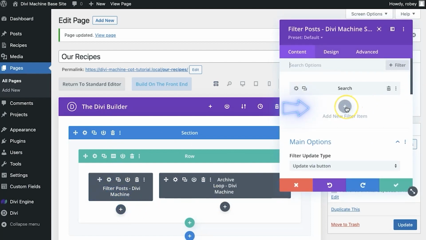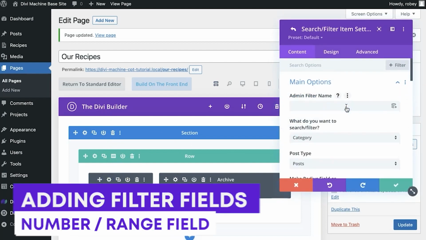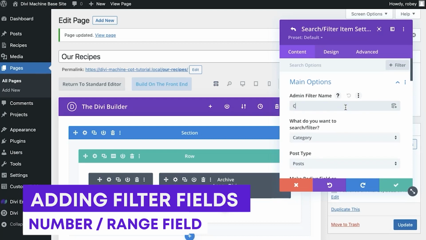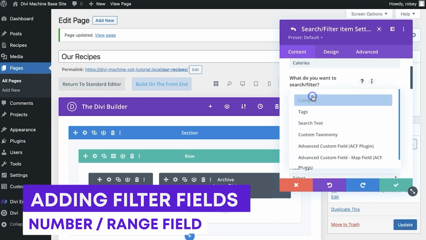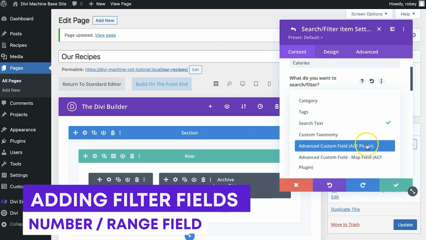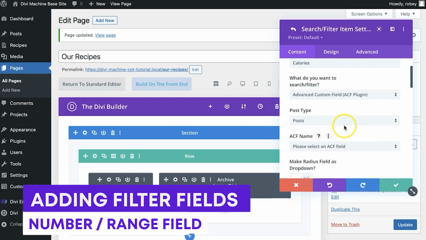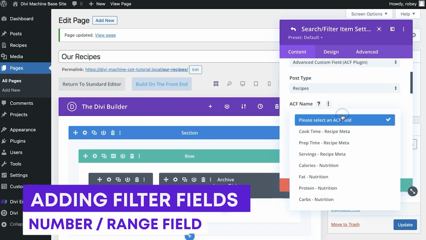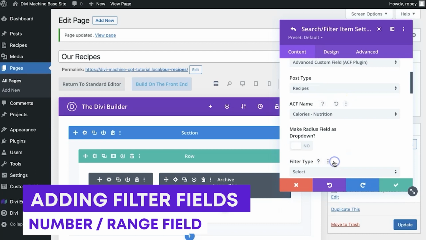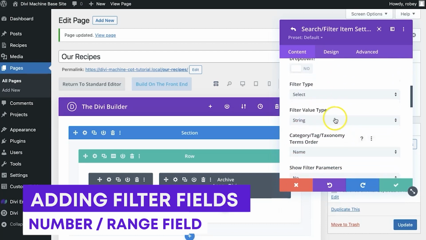So let's add some more fields though. Let's put a range slider for the calories maybe. So let's put in calories, and here we go with what do we want to filter? Well, we're going to filter advanced custom field. We're going to search recipes, and then we need to specify the name of the field. And guess what? That's calories. And filter